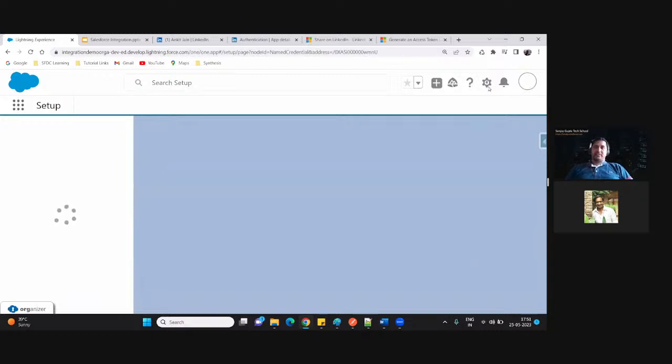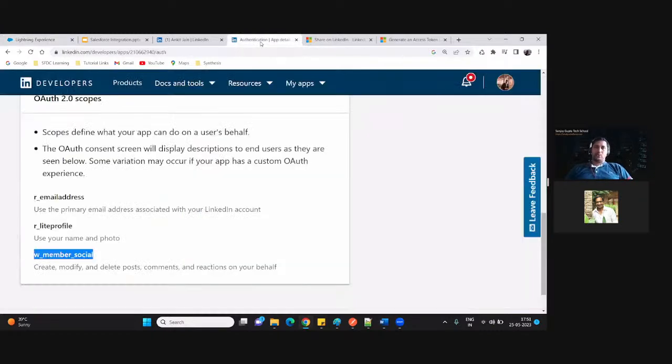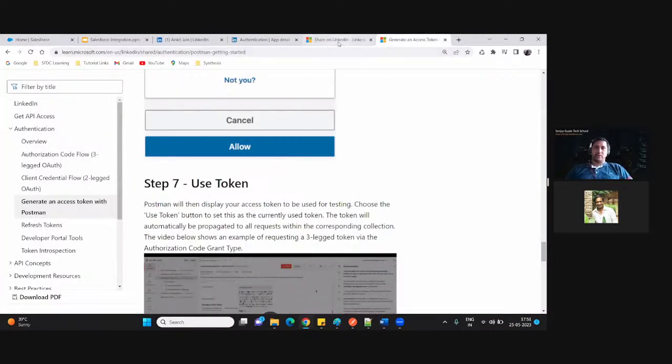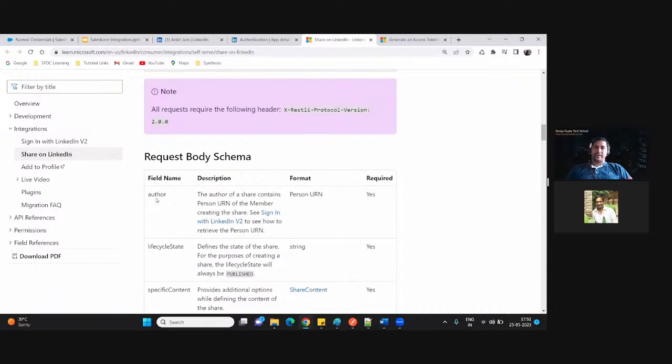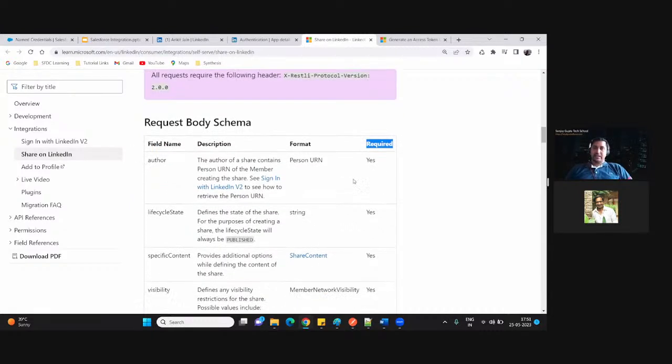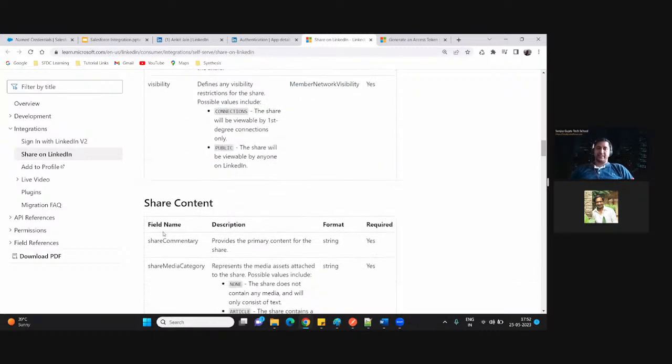As the authentication is successful, now what I had to do, I had to go and post the message on the LinkedIn. So again, we'll go and try to follow documentation, what they are asking. So they are asking us to send the post request. In the post request, they are asking us to hit this URL. And in our request, they are asking to set this many parameters. Author, all these are required parameters. If you check, all these are required parameters. You just have to understand their documentation first before you go and write down any integration. Right? Author, life cycle, special content, visibility, right?